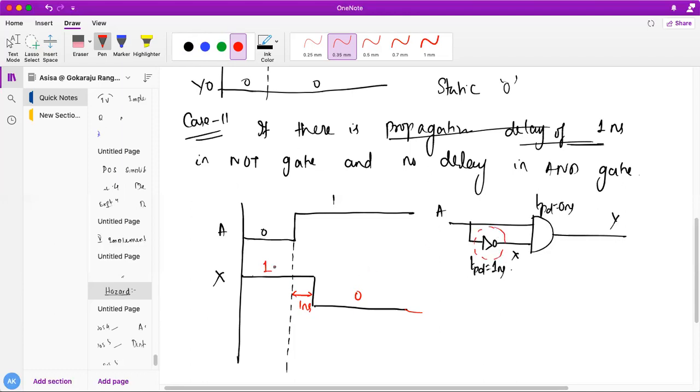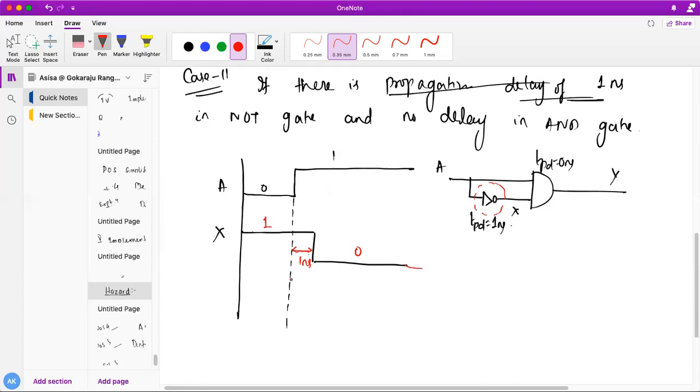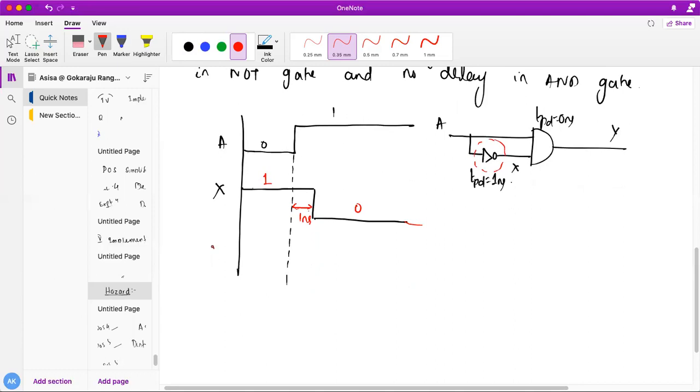Okay, so my output is achieved after 1 nanosecond. Now tell me how the output Y looks here. The output looks like 0 1 0, and now here 1 1, both are 1. Here it is 1, here it is 1, up to this. Am I correct, students? This is 1 up to this. So here I am getting 1, then after that again 0. So for this nanosecond I got 1, after that it's 0.